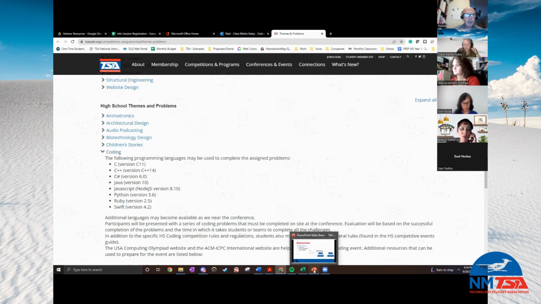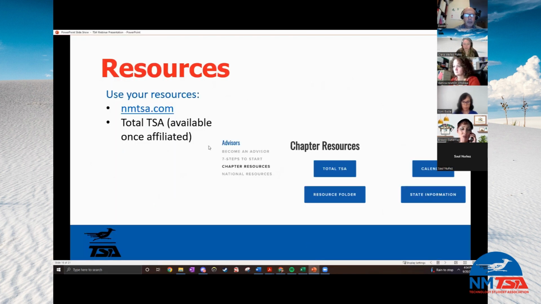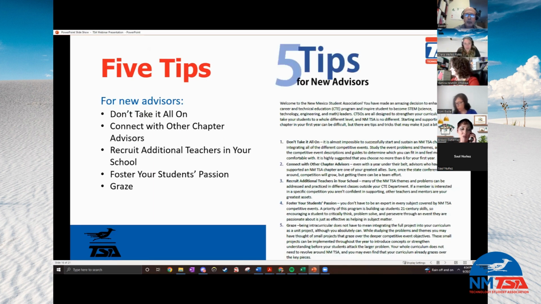But ultimately, you have resources available to you, and you can find these both on the New Mexico website and the national website. And then as stated, the total TSA is all of the competition guides and all of those resources, and that's not available until you are affiliated.